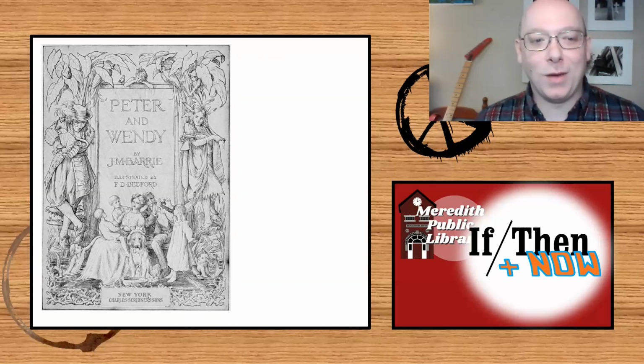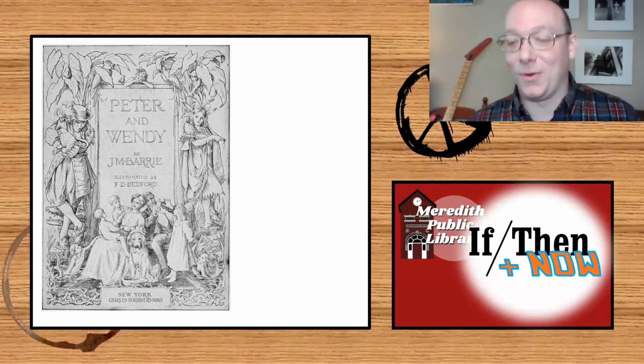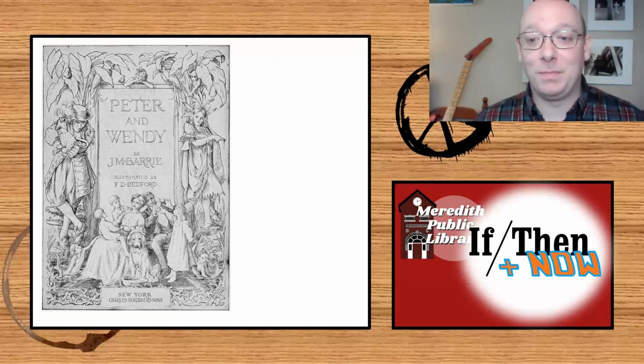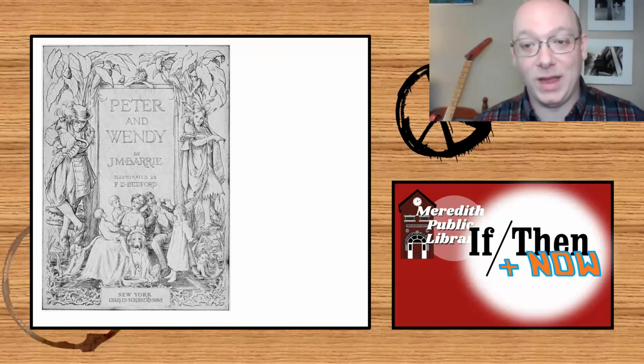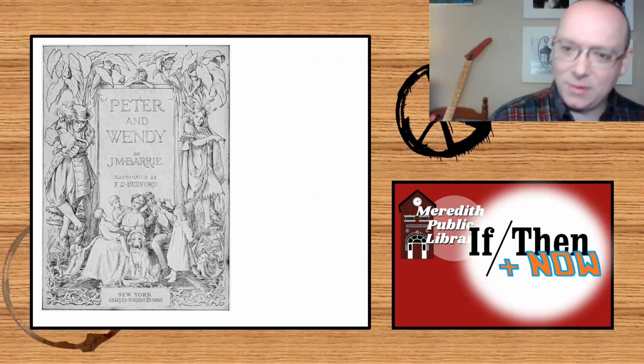But what you might not know is that this novel, Peter and Wendy, was not the original telling of even that story. It was a play 7 years before it was a novel, a play called Peter Pan, the Boy Who Would Not Grow Up. That is the origination of the character of Peter Pan and the whole story that we know from the Disney movie and everybody loves. So it's just a really interesting progression from a side character in a collection to getting